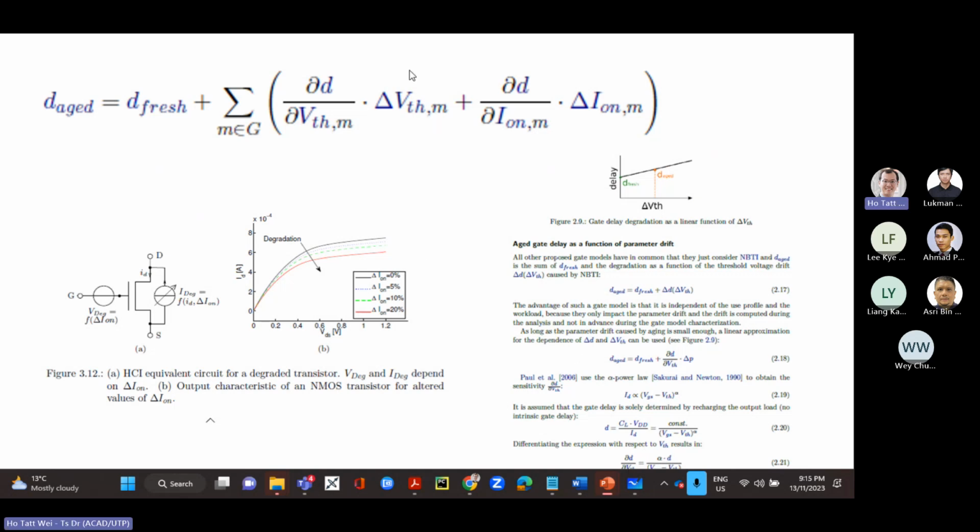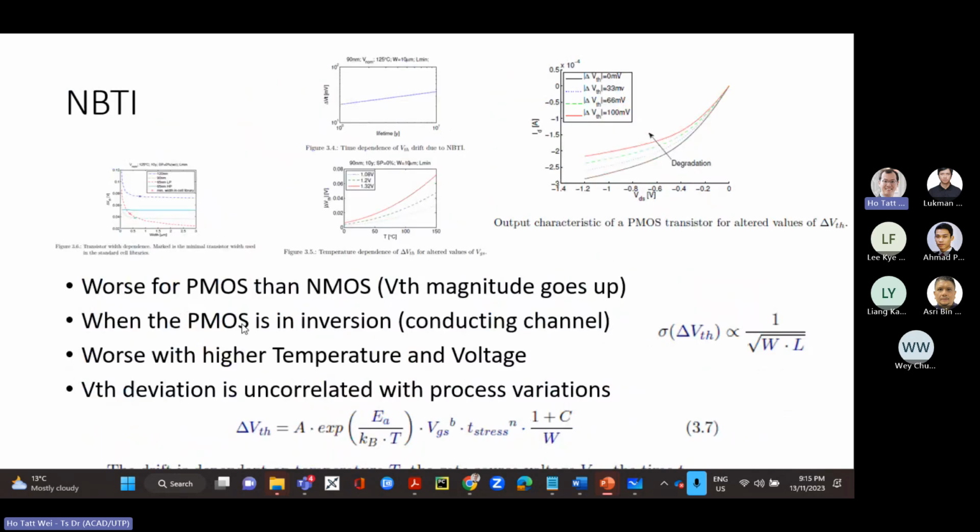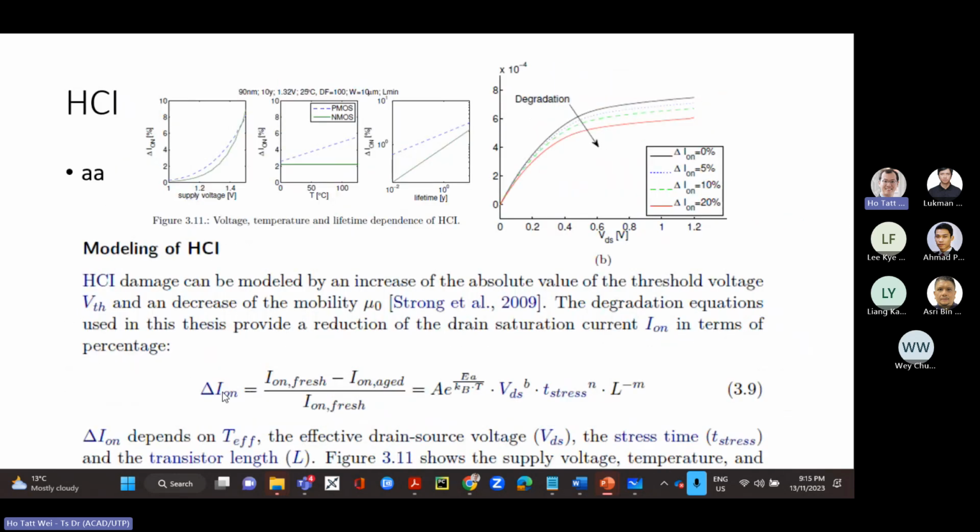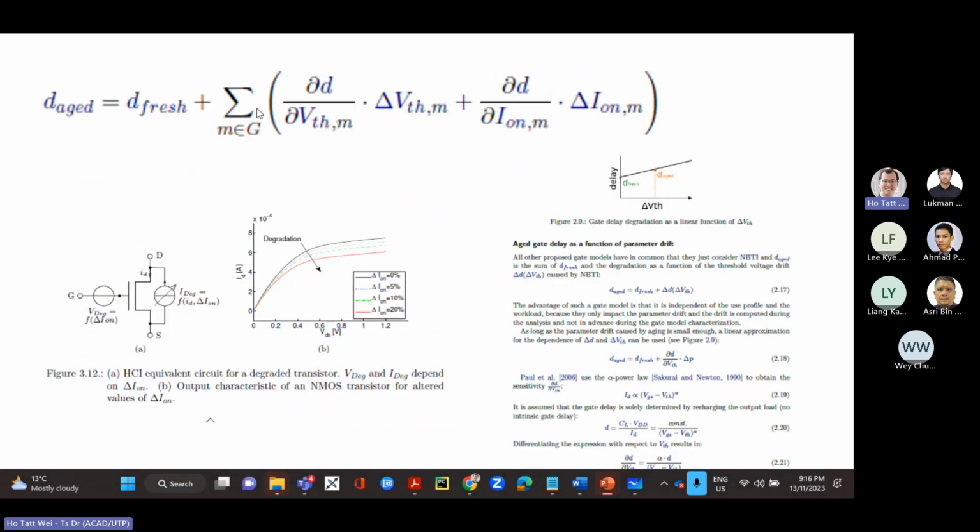Then this delta VTH, as I shared, you can calculate this under NBTI. For HCI, it is a little bit more work. You first have to calculate delta Ion. Then you reference back, there was an equation that gives you a sensitivity analysis from the process variation, the Ion as a function of VTH. You can relate that. Then you get the delta VTH corresponding to this delta Ion. Then you can actually plug in here to this. Okay. Did that help, Asri?